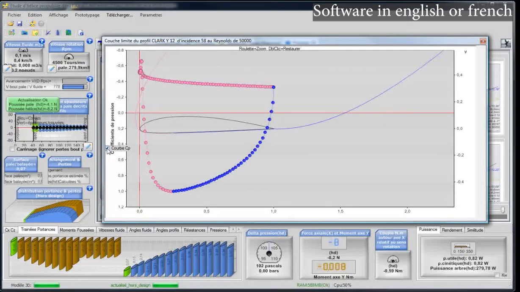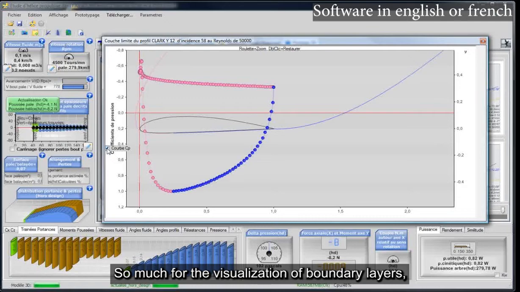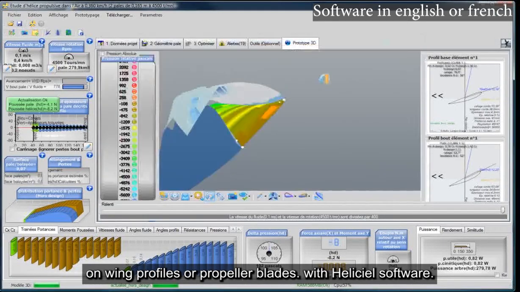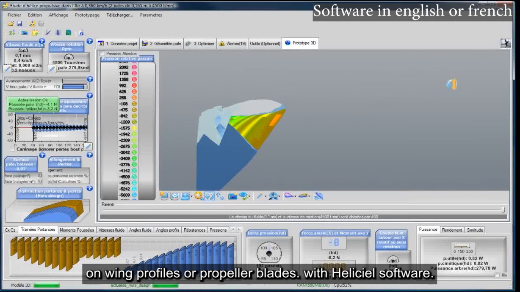So much for the visualization of boundary layers on wing profiles or propeller blades. With Heliciel software,